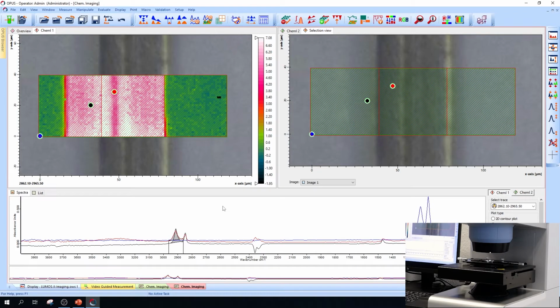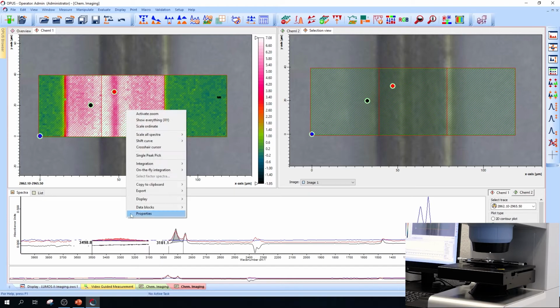And then, in order to check if this layer here in between is really the EVOH layer we are looking for, we should integrate the substance-specific bands for EVOH, which would be the OH vibration bands, which are located between 3500 and 3100.